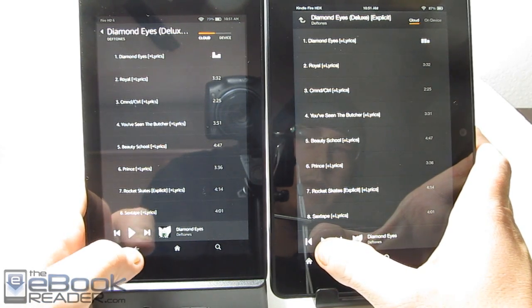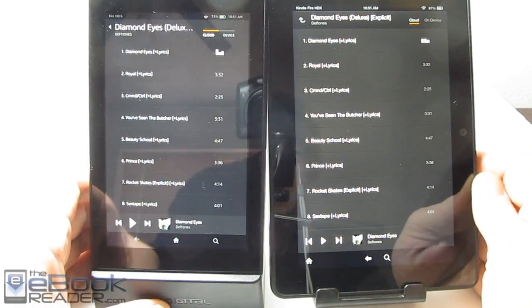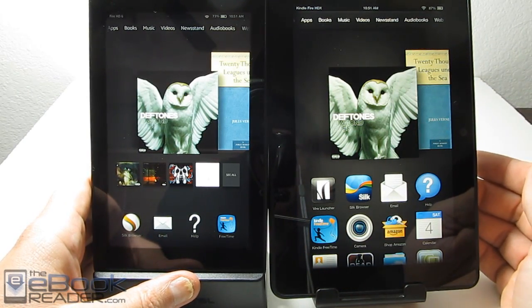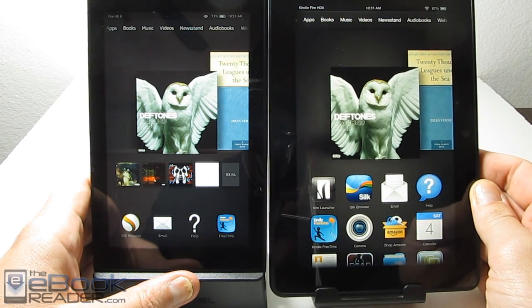So yeah, it's definitely quite a bit quieter on the HD, just with that 1 speaker. The 7-inch version of the HD has 2 speakers, I noticed on the spec sheet. Otherwise, I think it's pretty much exactly the same. These both have Bluetooth, and obviously, like I said, you got a few hardware upgrades with the HDX with the